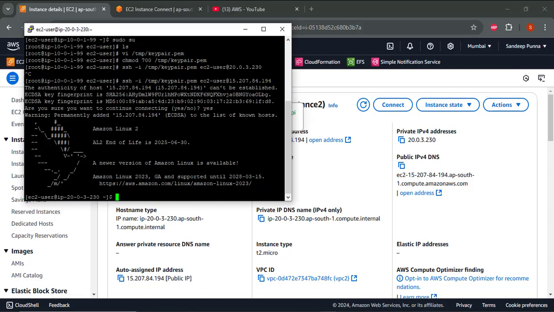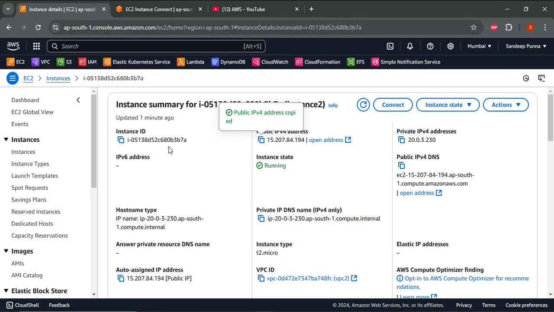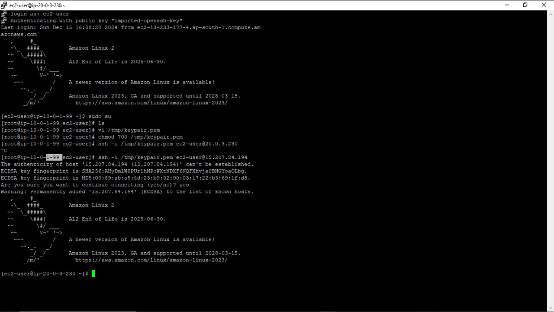Yeah, it was done. Now we log in from one instance to another. You can notice here the IP address is 230 and here it is 99. So we entered from one VPC to another. We log in from one VPC into another VPC, and we can do all